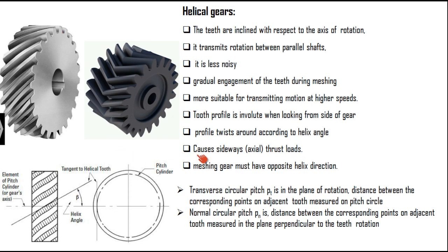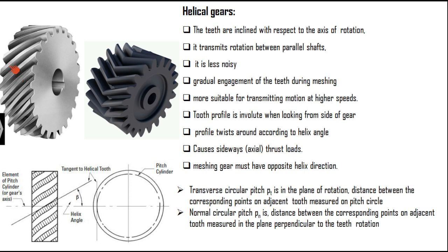These helical gears are twisted according to the helical angle, and also the machining of the gear takes place in the opposite helical direction. So if you consider this as the front portion and this as the tail portion, then the tail portion of the adjacent gear will mesh with the head portion of the helical gear. This is how the meshing takes place, or we have to arrange the helical gears in that direction.